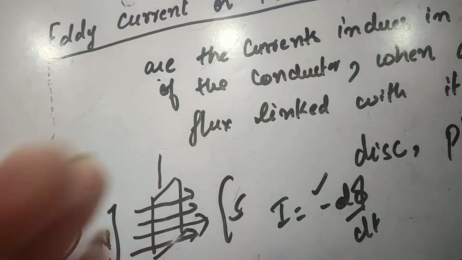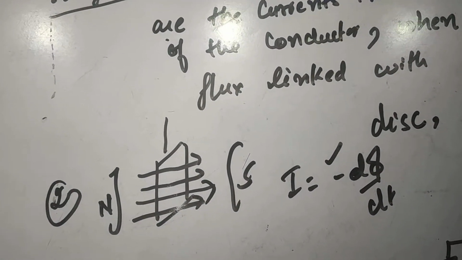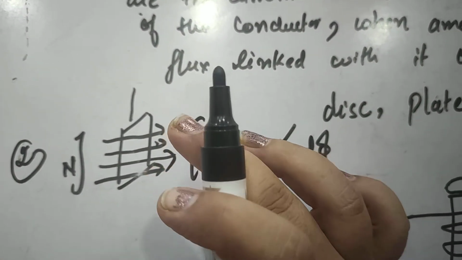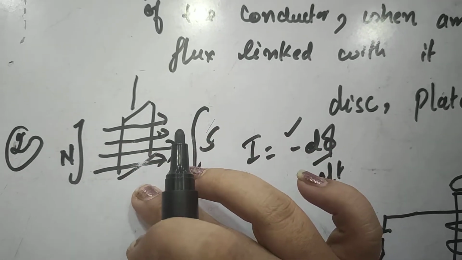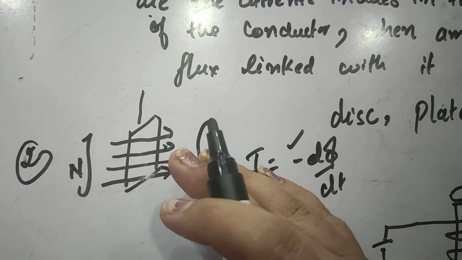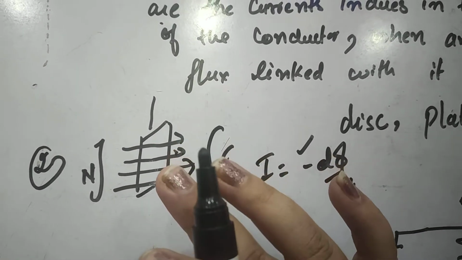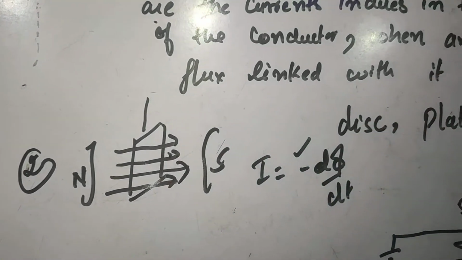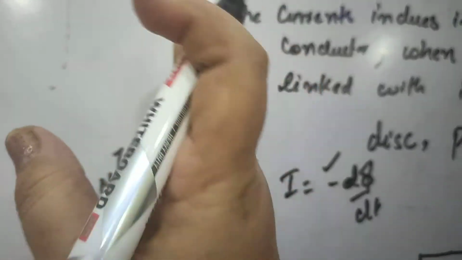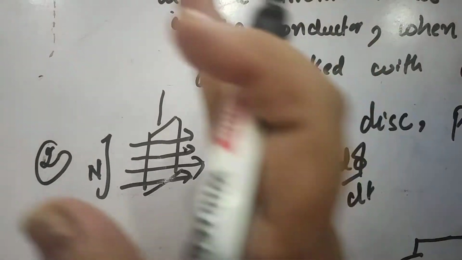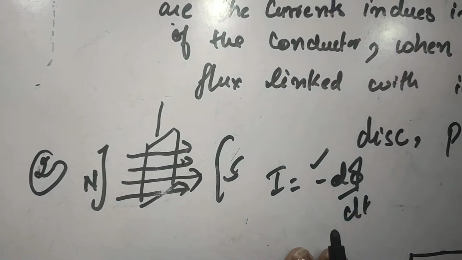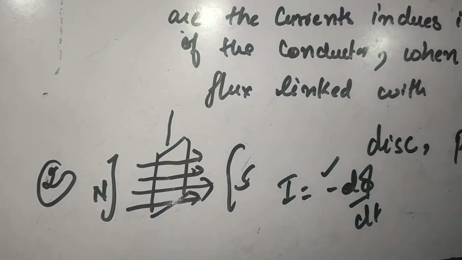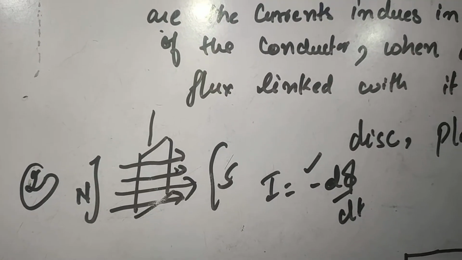So when we change the position and tilt this metallic frame, we are changing the area of the plate which is linked with the magnetic field. So current will be induced, and that induced current is known as eddy current, and it will oppose the change. For example, when we move its position like this, flux is decreasing, so current will be induced and tend to increase this flux and take it back to the mean position. So this is how it works.